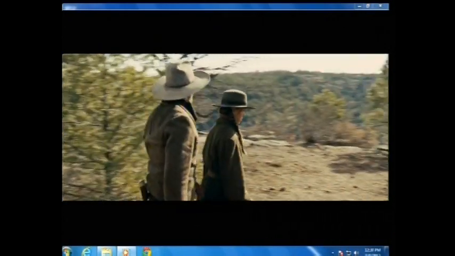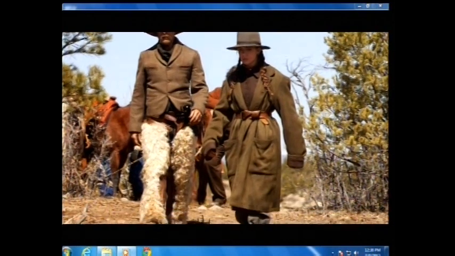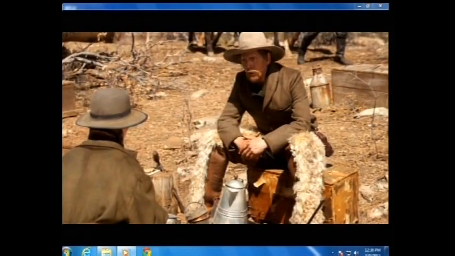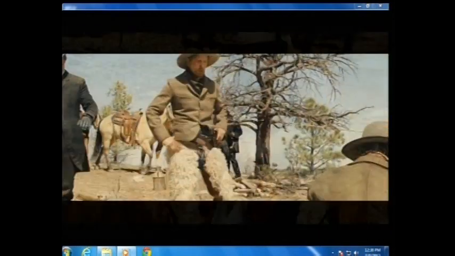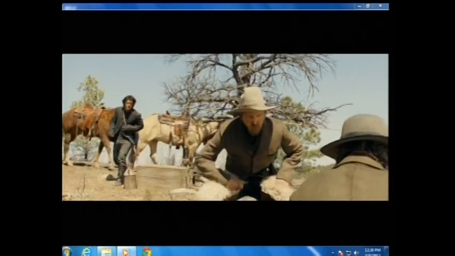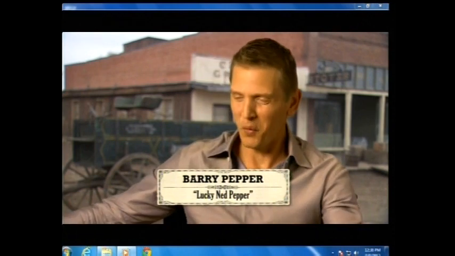It's scripted, and it's also in the book that Lucky Ned wears woolly chaps. These were such a unique item because we really hadn't seen that in Westerns, I think, since maybe Tom Mix. So they needed to be very specific. They needed to look lived in and well worn. And they were huge. They were big and white and woolly.